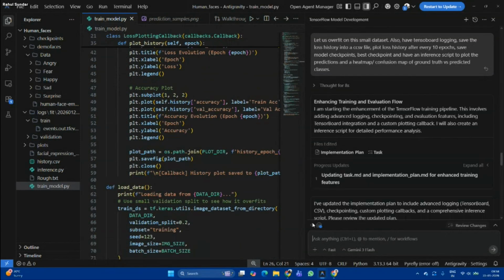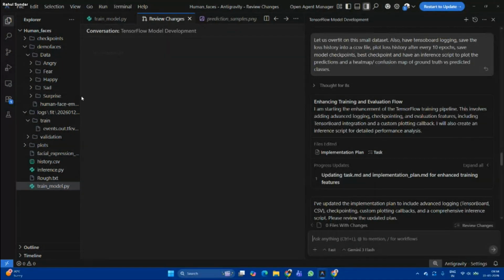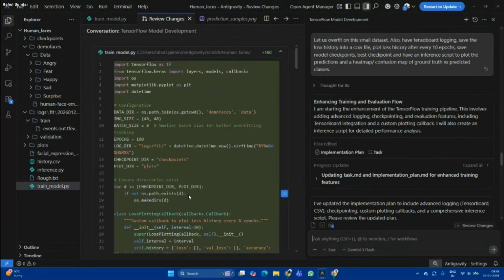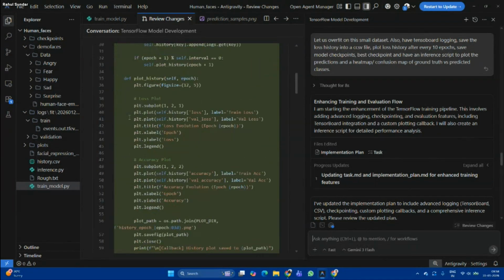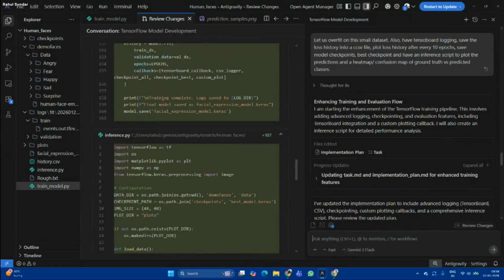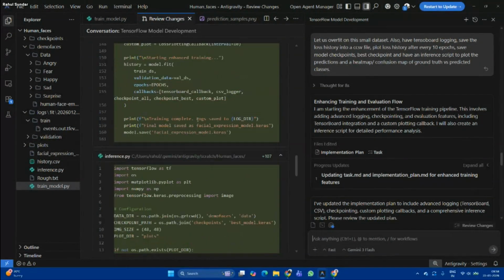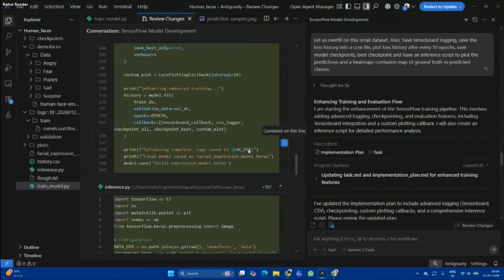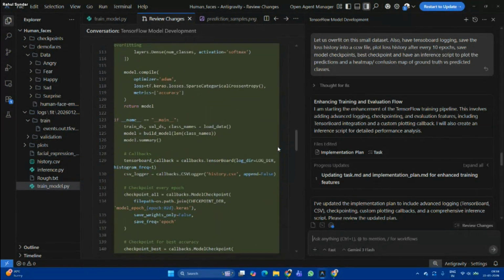And you could also see what changes have been made. But since this was just one shot, there were not many changes as such. So this was a new file that was generated, and this is what I had to review. If it looks good to me, I just go ahead and say that this is all fine. Or I could comment on particular lines of this code, saying that, see,